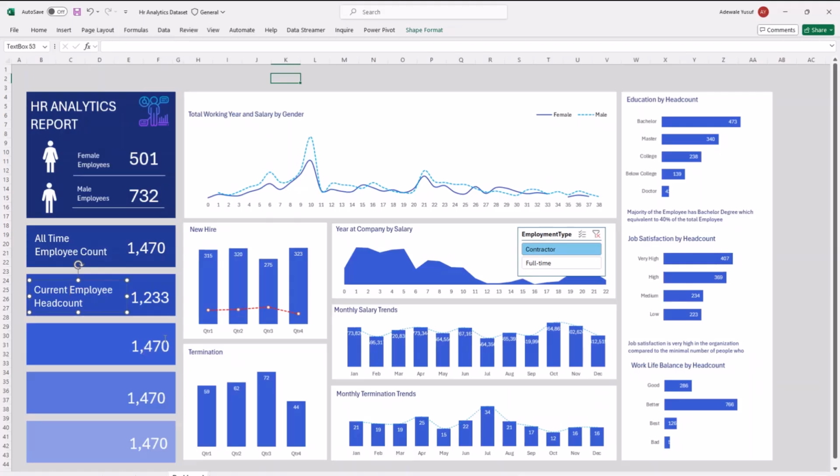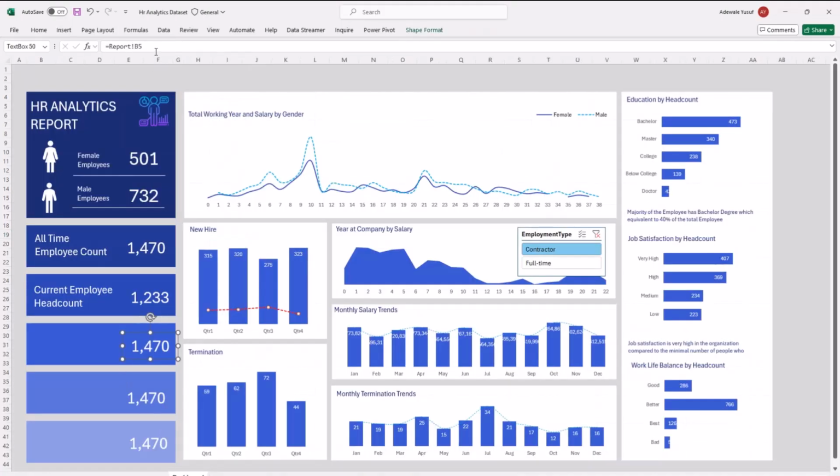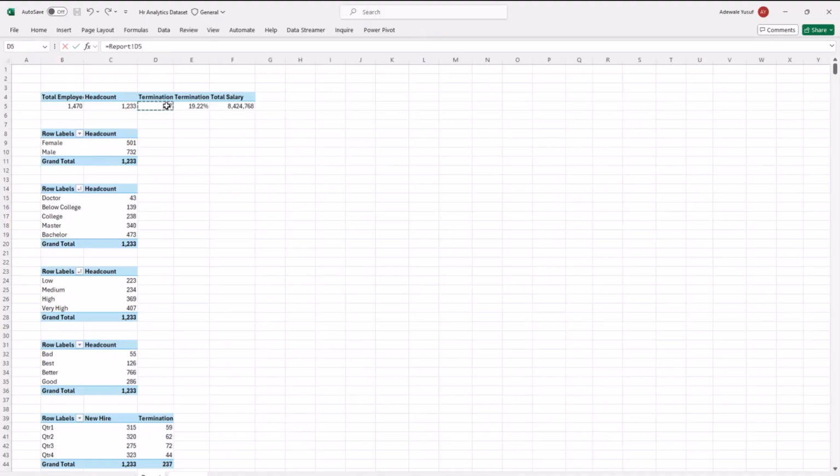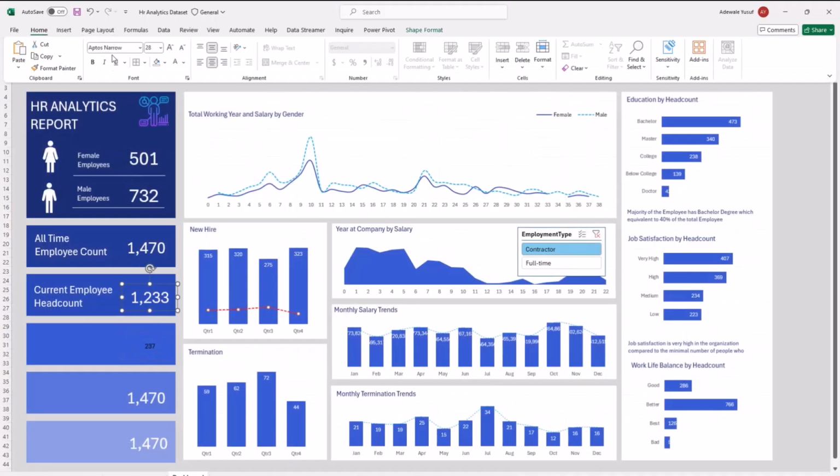Then you do the same thing for this one. This one we are bringing in the next one, which is our termination. So I'm going to go in here, go to my report, select termination, and use the Format Painter. Remember to always use that, so you are not formatting one by one.